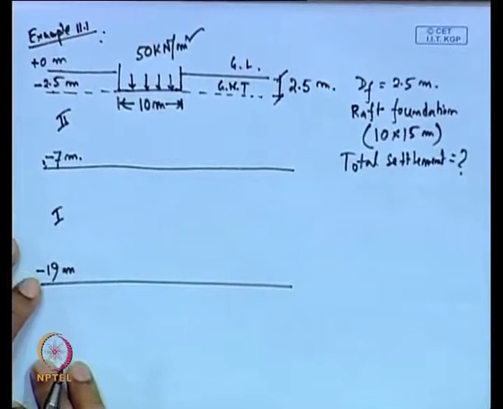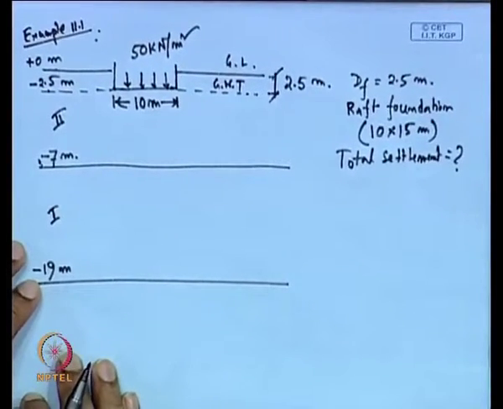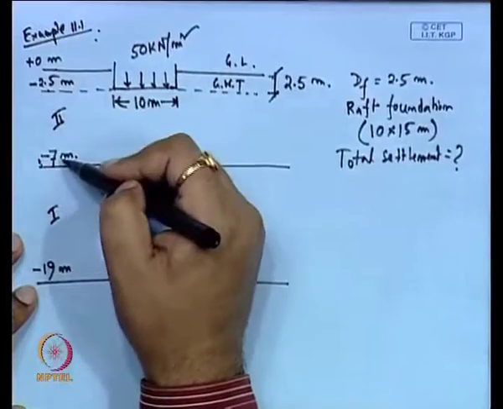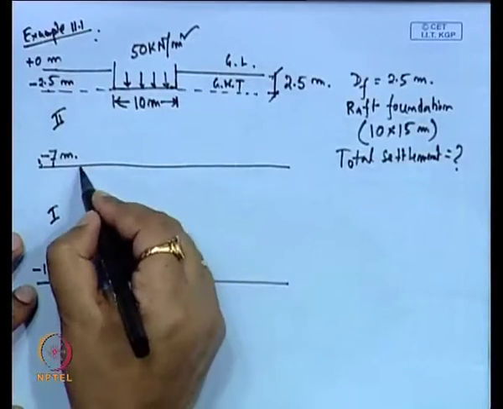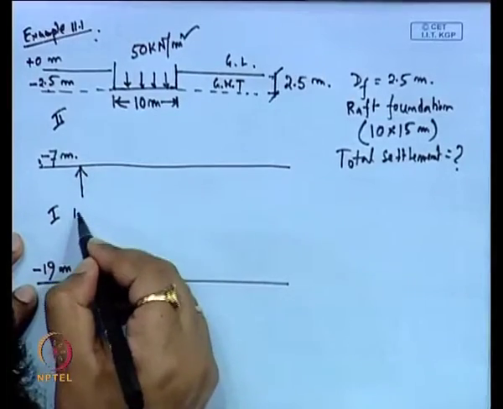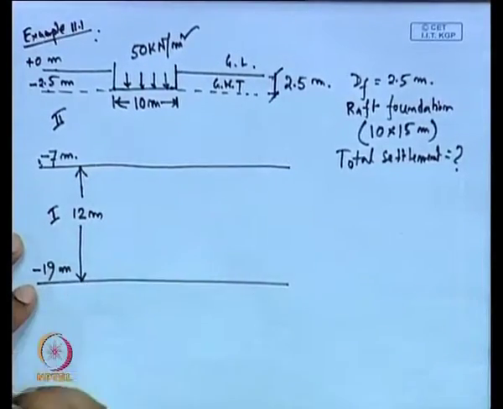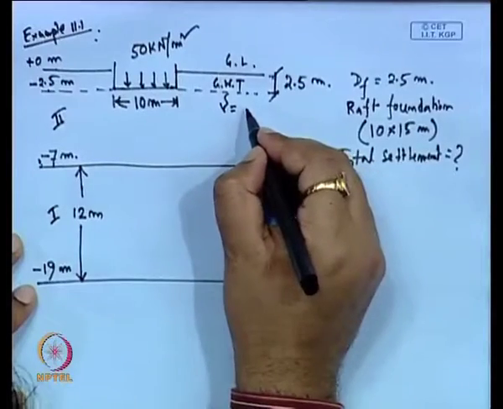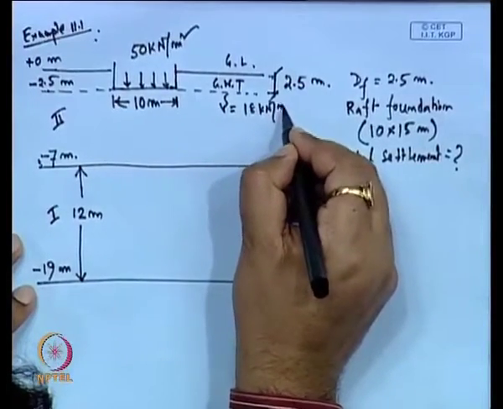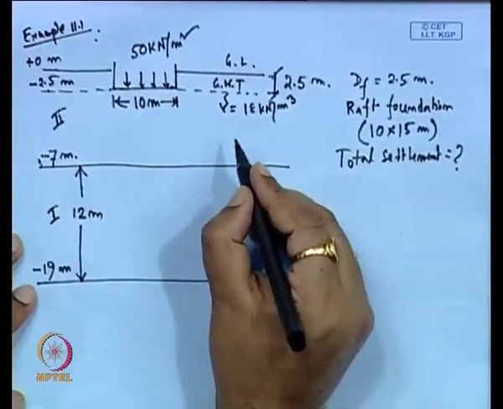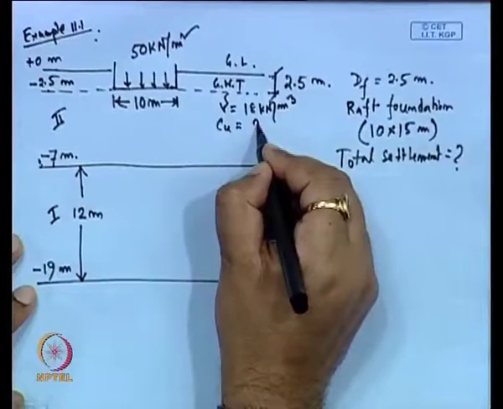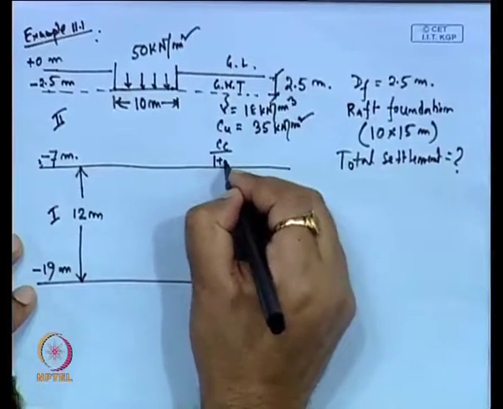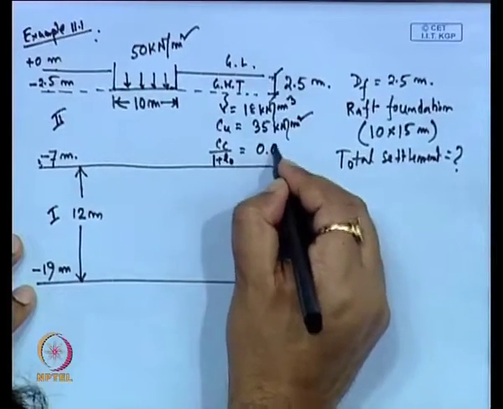Then what would be the total settlement? Now, first we will consider the total layers: layer 1 is 7 meter thickness and layer 2 is 12 meter thickness, so this is 19 minus 7, that is 12 meter. The properties for layer 1: gamma is 18 kilonewton per meter cube, Cu is 35 kilonewton per meter square, and Cc by 1 plus e0 for layer 1 is 0.06,